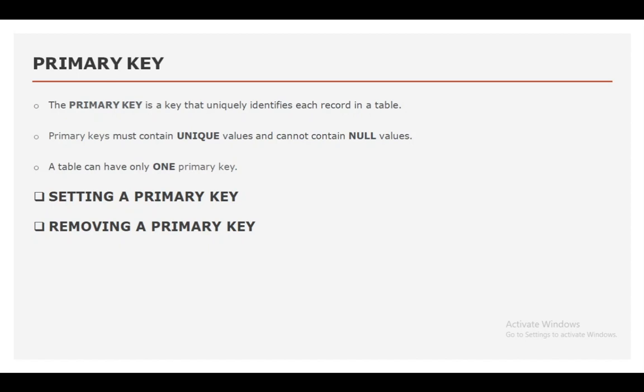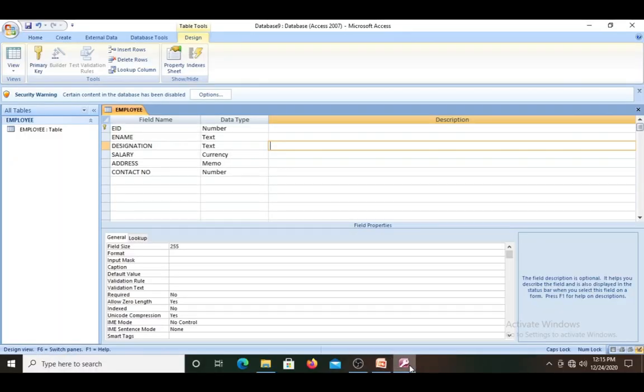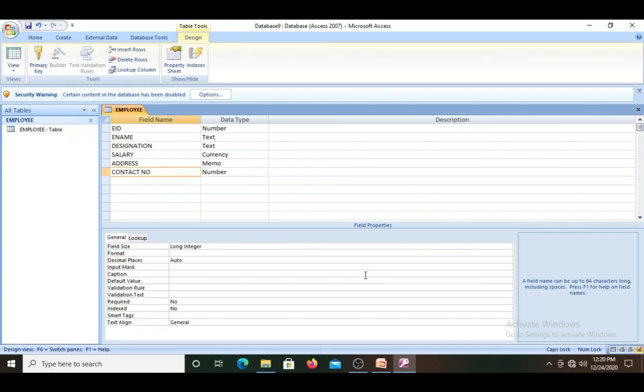The next concept is setting a primary key and removing a primary key. That we will see practically. For that you have to open Access. The next one is setting primary key.